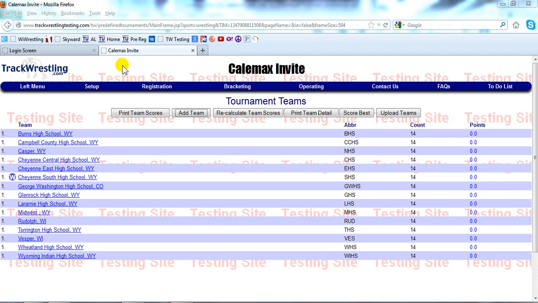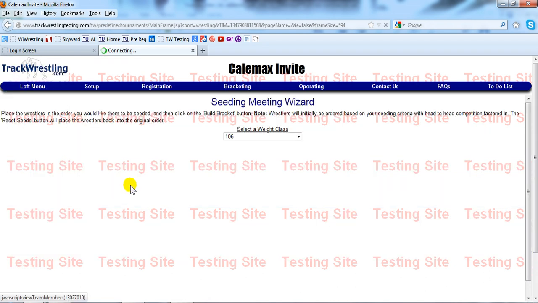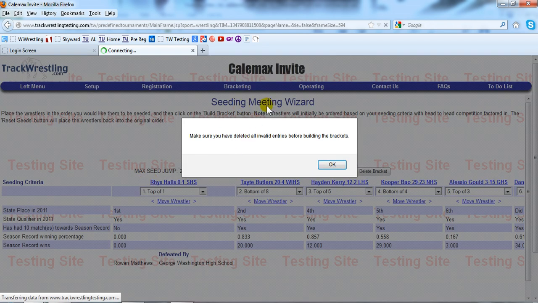Welcome to this video on how to run your seeding meeting and use the seeding meeting wizard and then create brackets in a predefined tournament. So I'm going to get started here in my left menu. I'm going to go ahead and click on seeding meeting, and I'm going to come to the seeding meeting wizard,